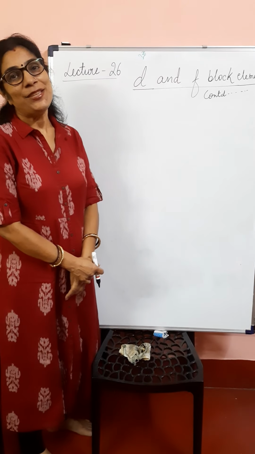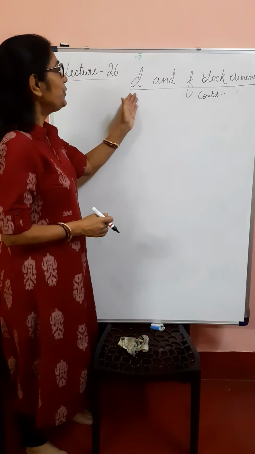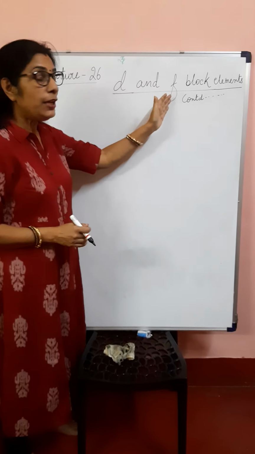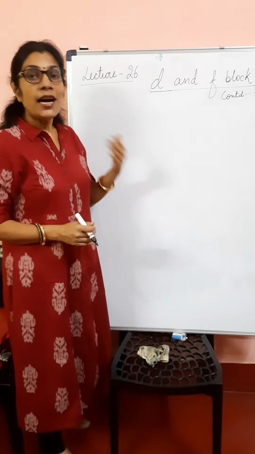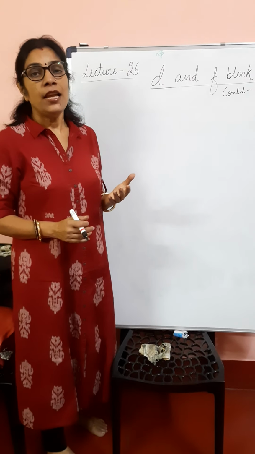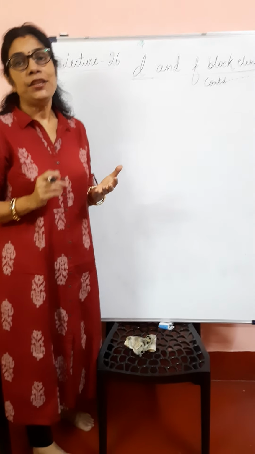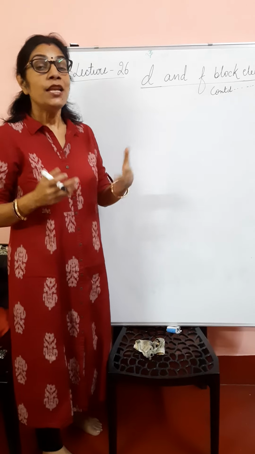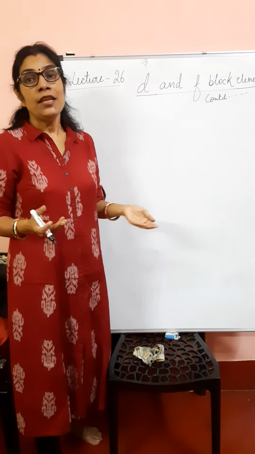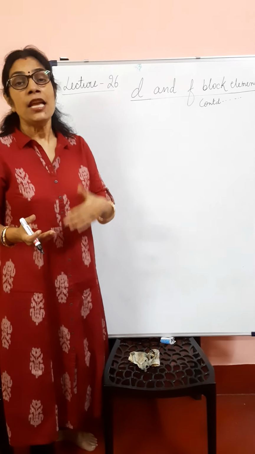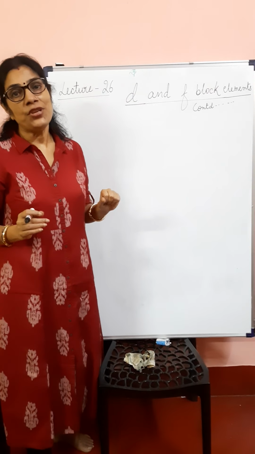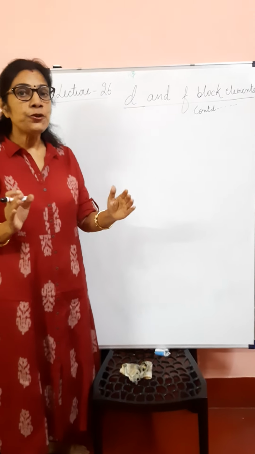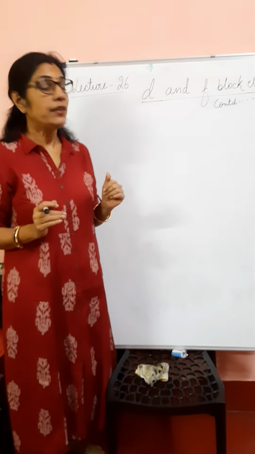Good morning, dear children. So we are going to continue with D block elements, and today is our lecture 26. Last class we discussed the atomic and ionic radii of D block elements, their metallic properties, their melting and boiling points, atomic volume, density, and classification into 4 transition series. That means the introductory part we could complete in that lecture.